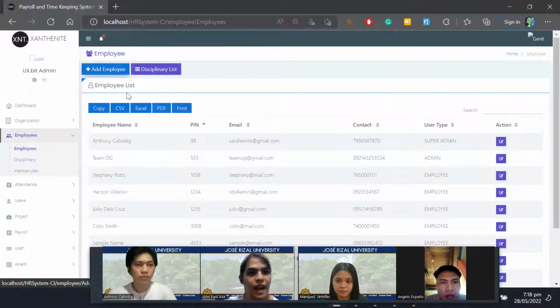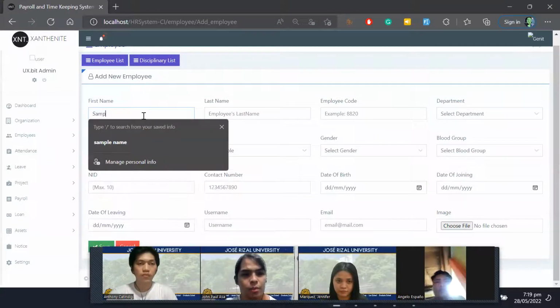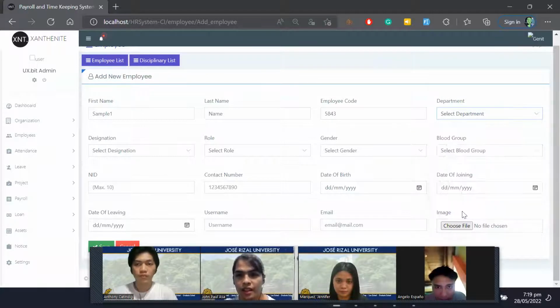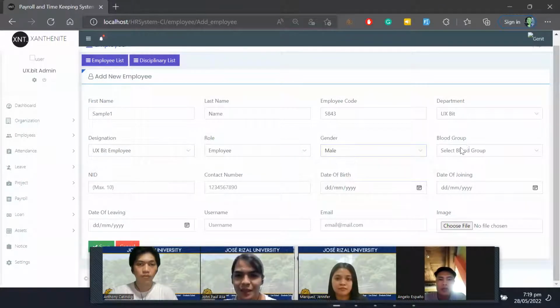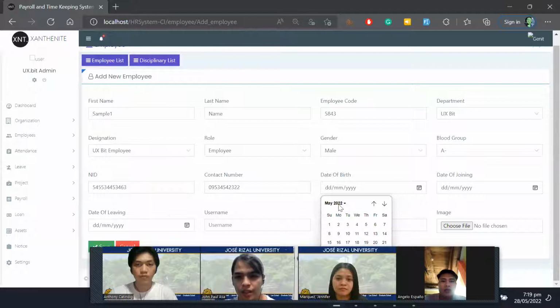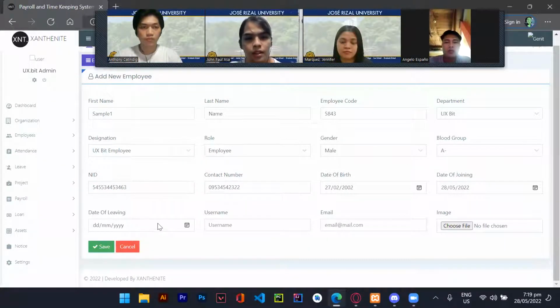Here, you can add an employee, and there you can enter, for example, the first name, last name, employee code, department, designation, role, gender, blood group, NID, contact number, date of birth, the date of joining, date of leaving,